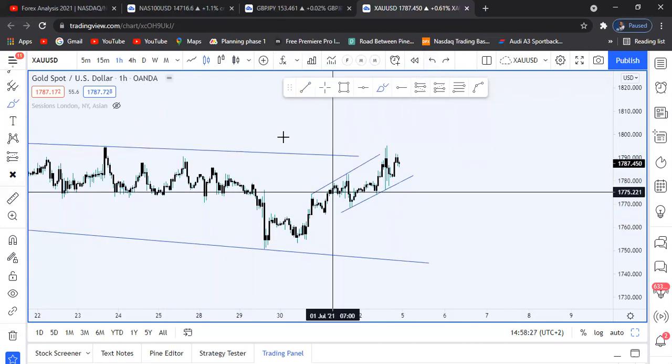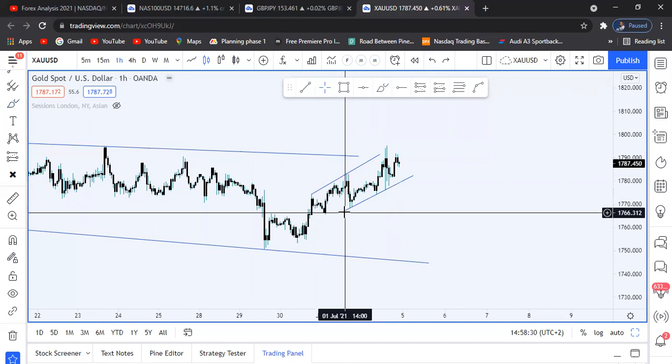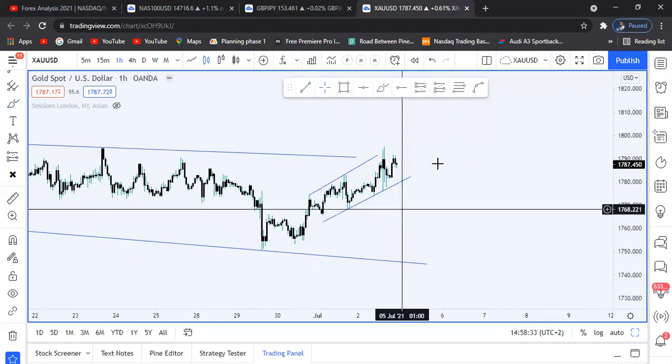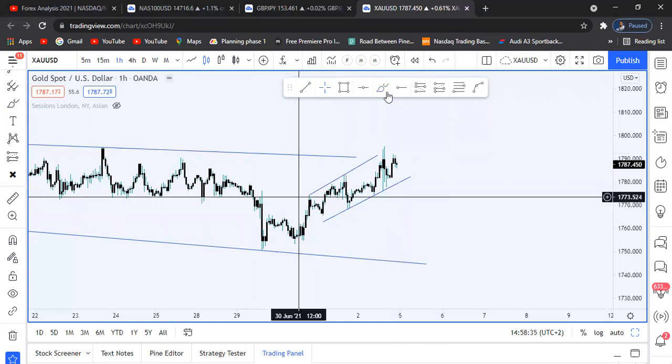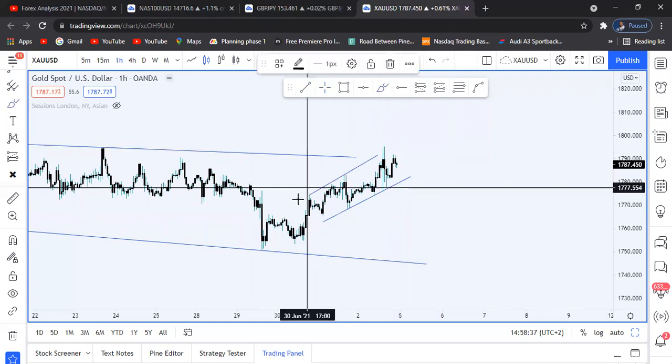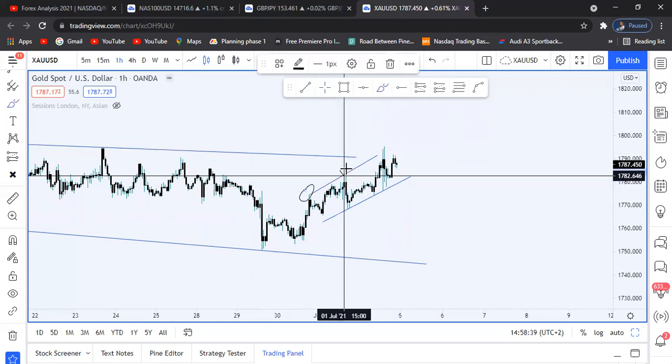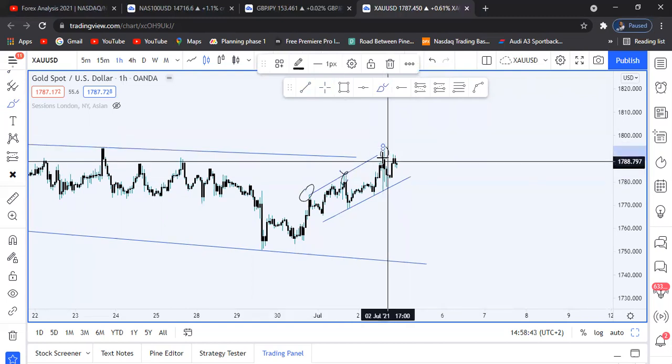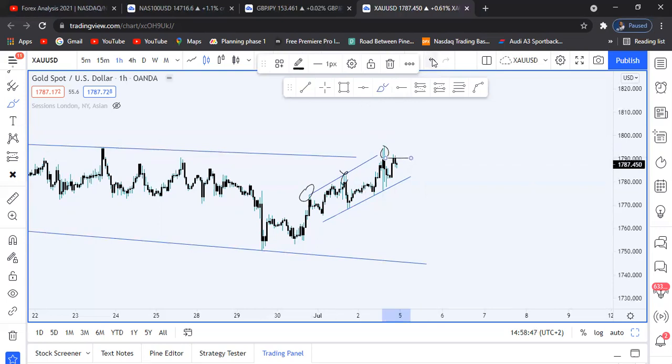So now you can see, guys, we have a nice ascending type pattern structure here. Let me just adjust it a bit back so that it can be fine. On this structure, we have first touch, second touch, and then a third touch here. After the third touch, we also have some sort of double top formation. That's a young double top formation that has been formed here.